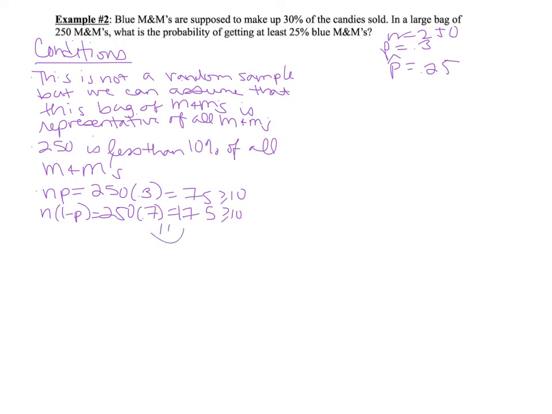That's satisfied. So all conditions are satisfied. Sometimes I like to say, all conditions satisfied. You don't have to write that, but it won't hurt. And I'm going to say use a normal distribution